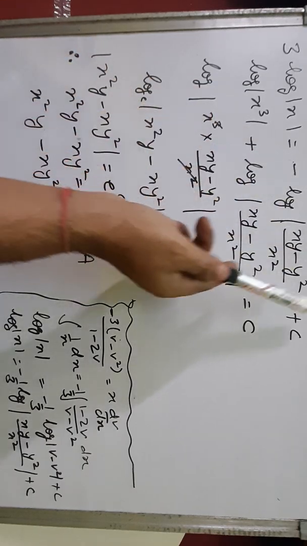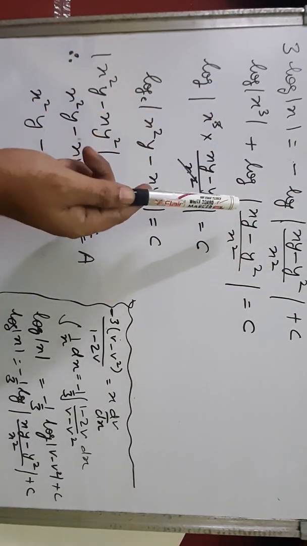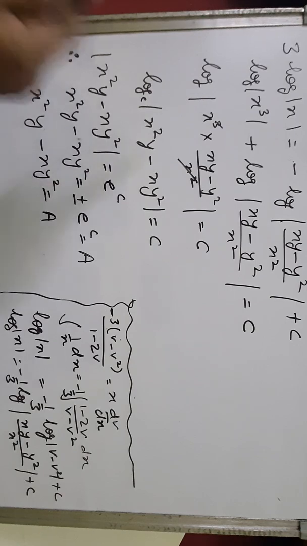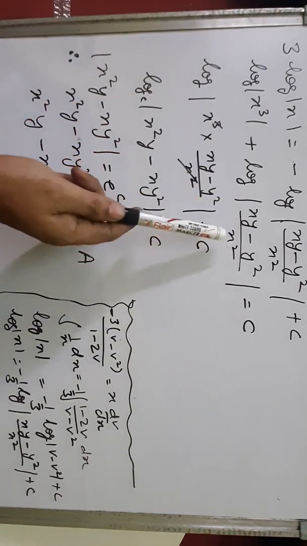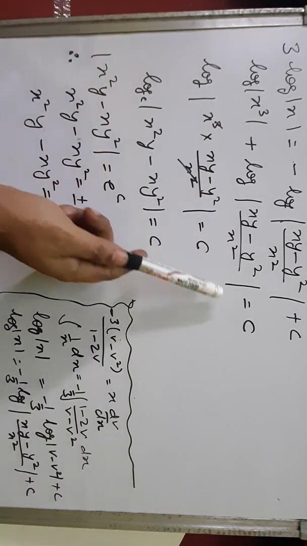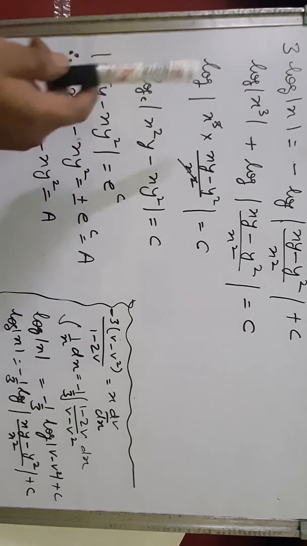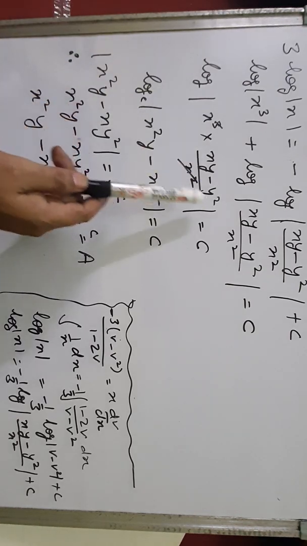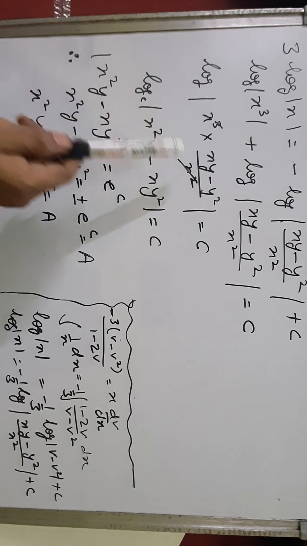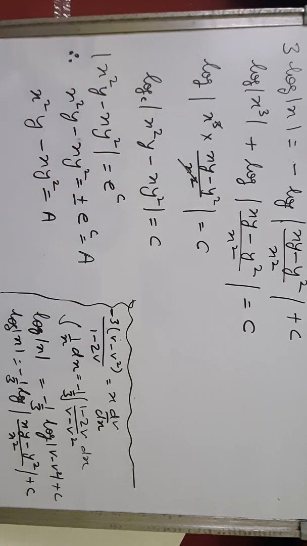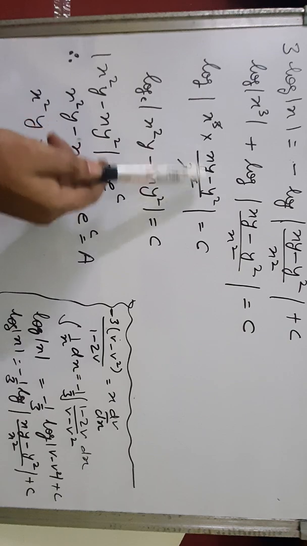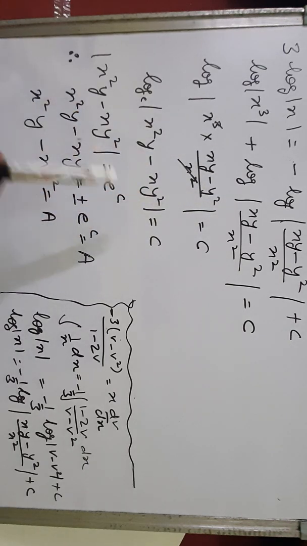And when we transfer this minus log of (xy minus y square) upon x square to the left hand side, it will become plus log of (xy minus y square) upon x square equals to c. Now it is written log m plus log n. So what is the property of log m plus log n? It is log m into n. So what we'll get? It will be log mod of x cube into (xy minus y square) upon x square. So this x square will cancel with this cube. So x, when we multiplied inside this term xy minus y square, we'll get log of x square y minus xy